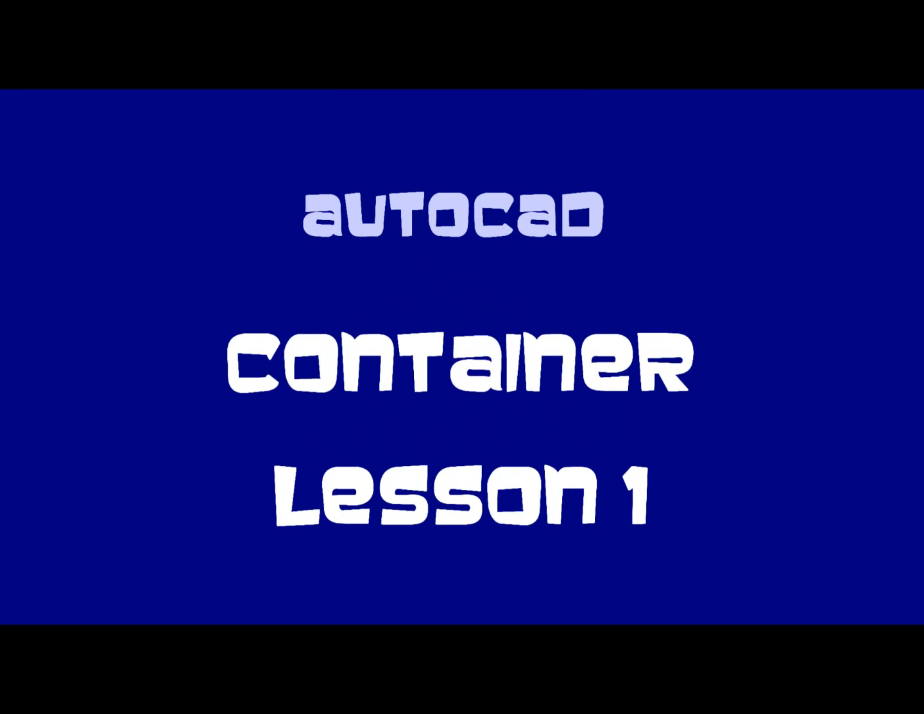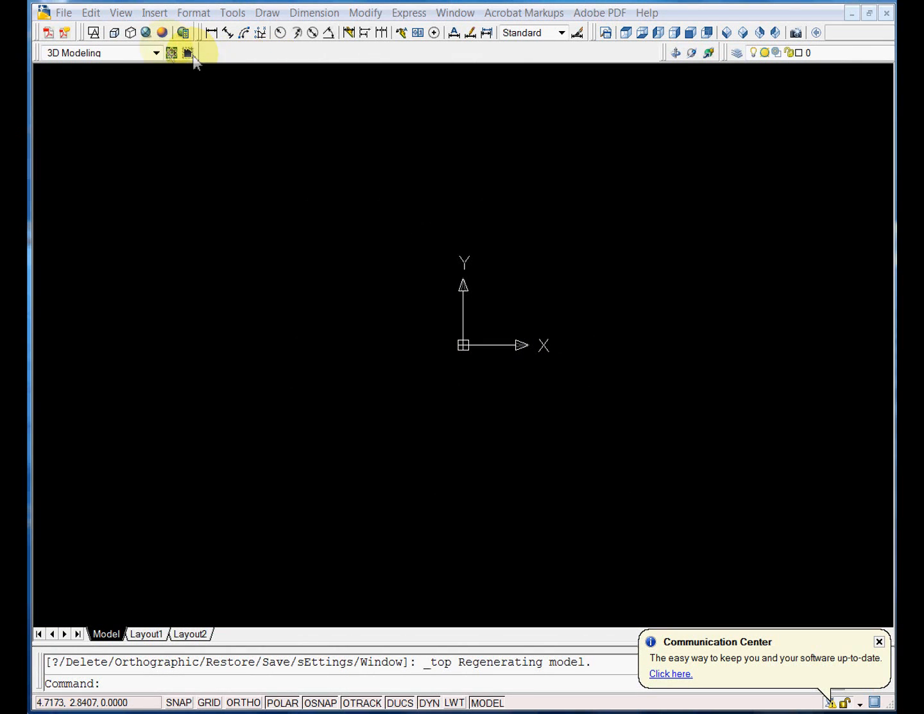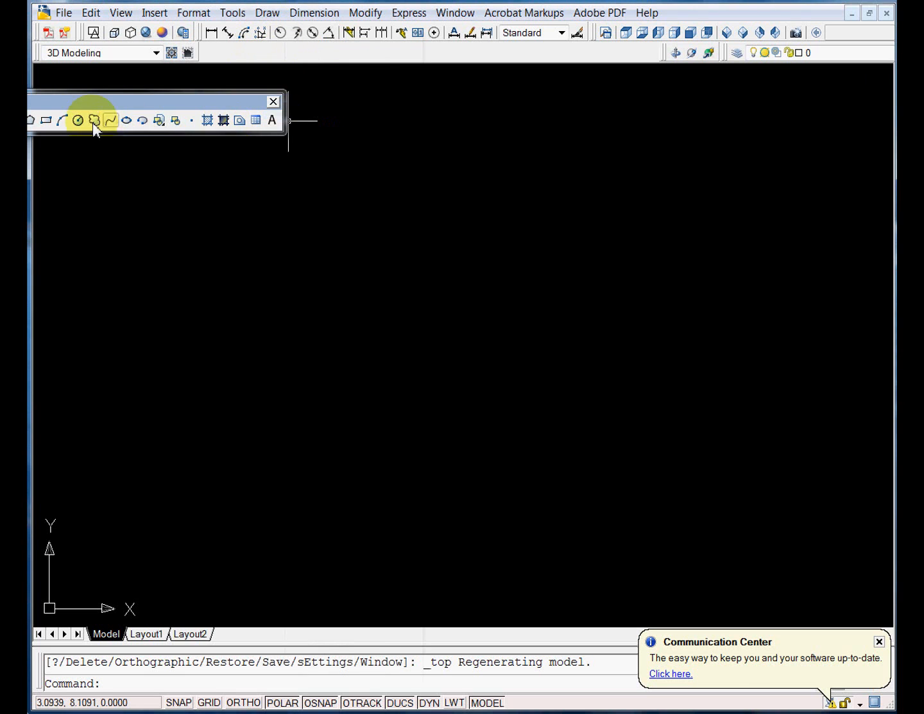In today's lesson, we're going to be building a container in AutoCAD. First thing you want to do is go ahead and open AutoCAD, and we're going to work in the top view. So get yourself in the top view, and then go ahead and right-click and select Draw on the menu bar,